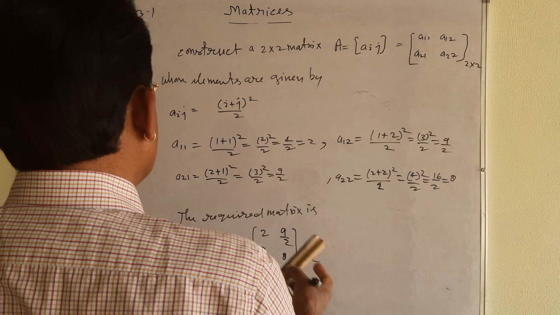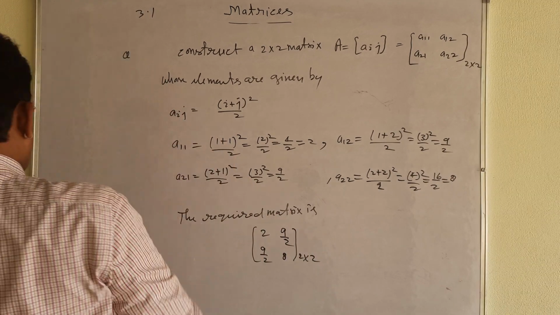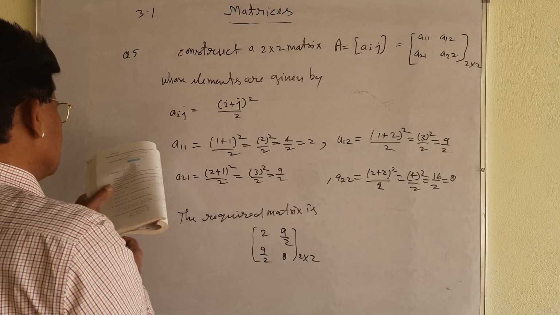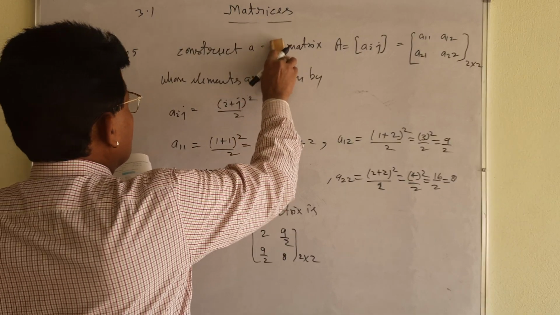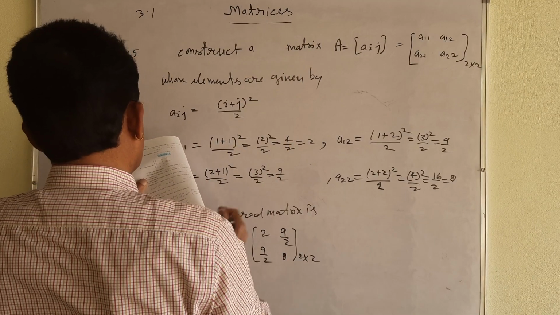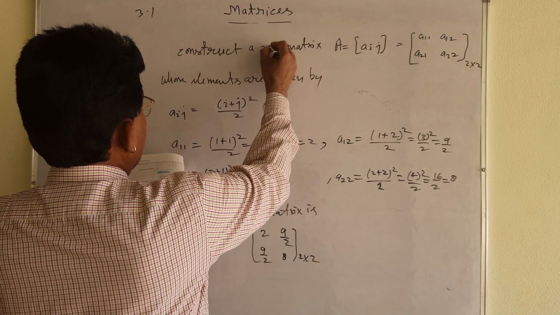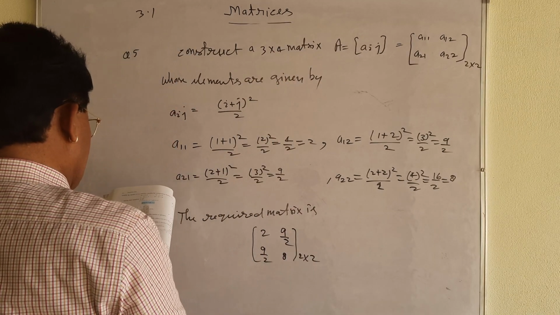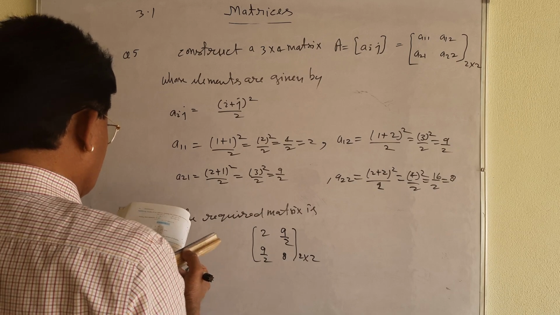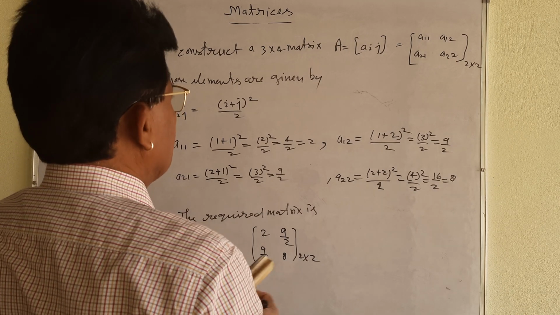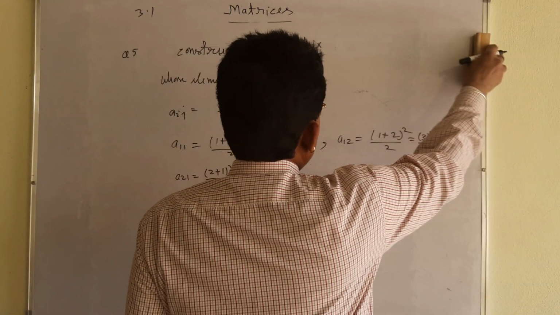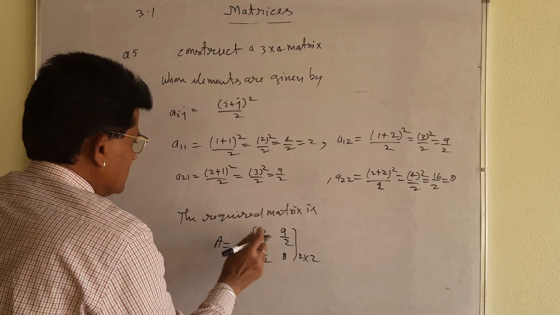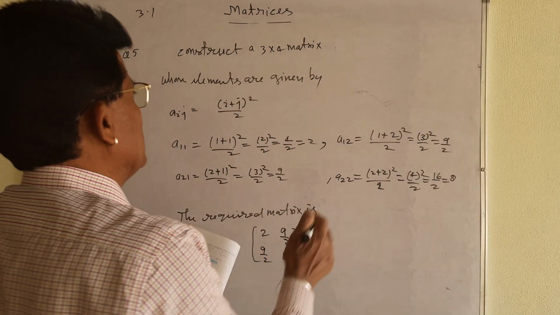I will tell you one part in question number 5 also. Question number 5, you see. But here it is given, construct a 3 by 4 matrix. 3 by 4 matrix means 3 rows, 4 columns. Okay, and the similar kind of thing is given. Similar kind of thing we will take, because it is given A will be this matrix. Okay, A is given,